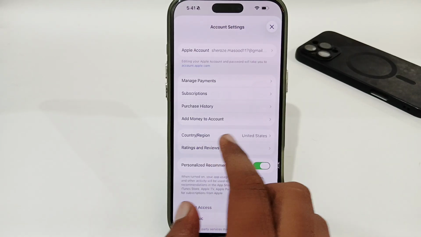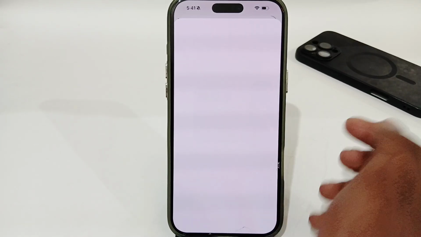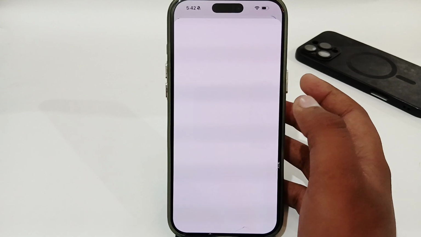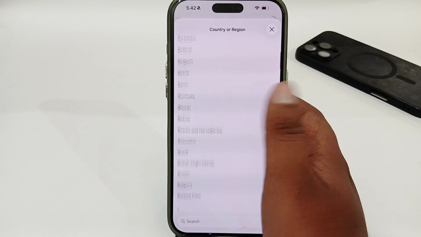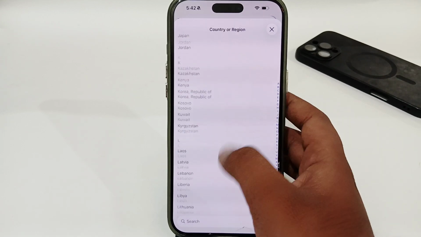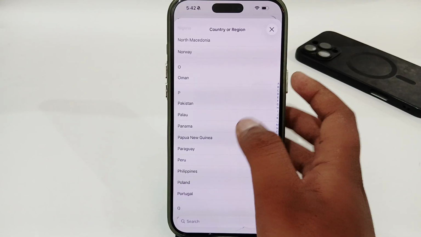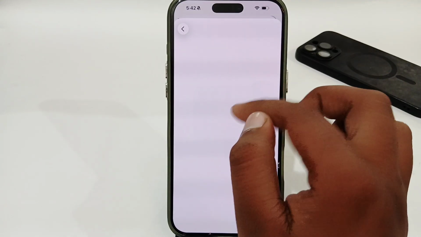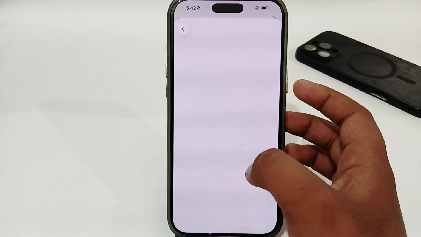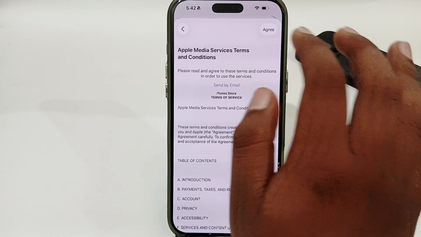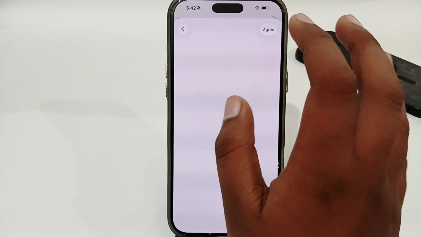Here you have to select the country or region, and here you just have to select the country or region in which you're living. So just scroll down and look for your country or region, then select that, and here you have to tap on this Continue option, then tap on this Agree option in the top right corner, and here you have to